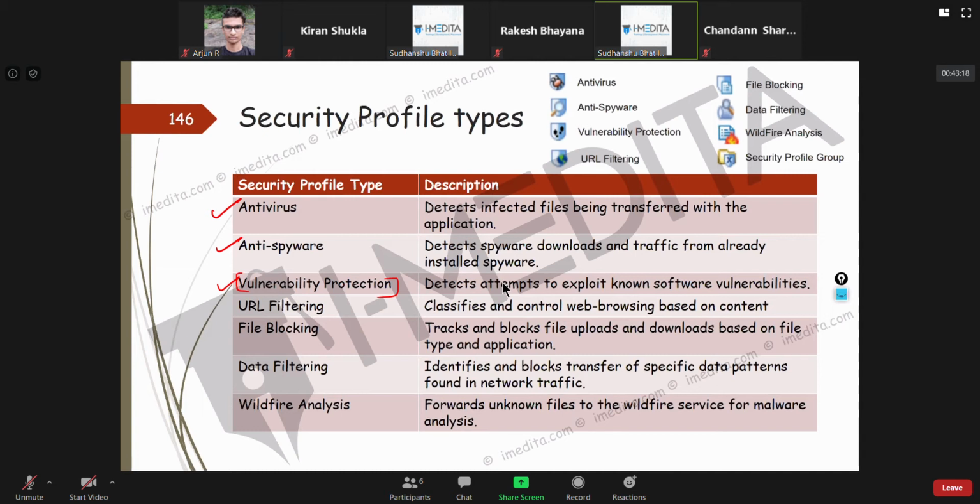We don't want those kinds of vulnerabilities to be exploited by an attacker. So vulnerability protection protects you against the commonly known vulnerabilities in different software.